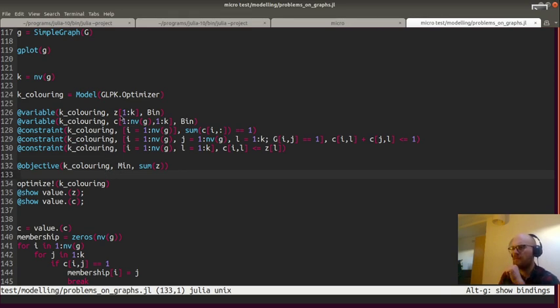So Z is, so there's one Z per vertex. There is one C for, oh,